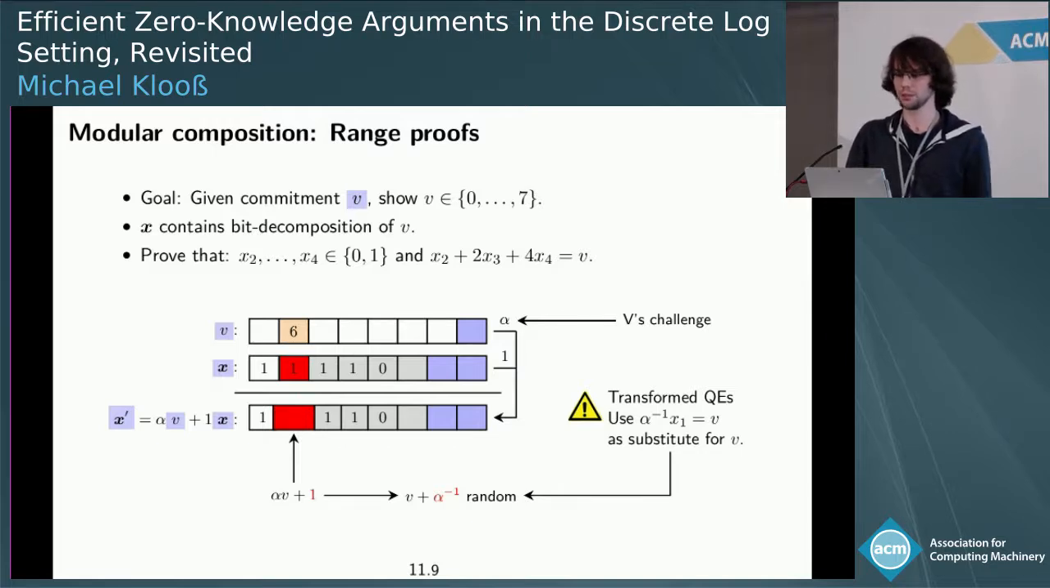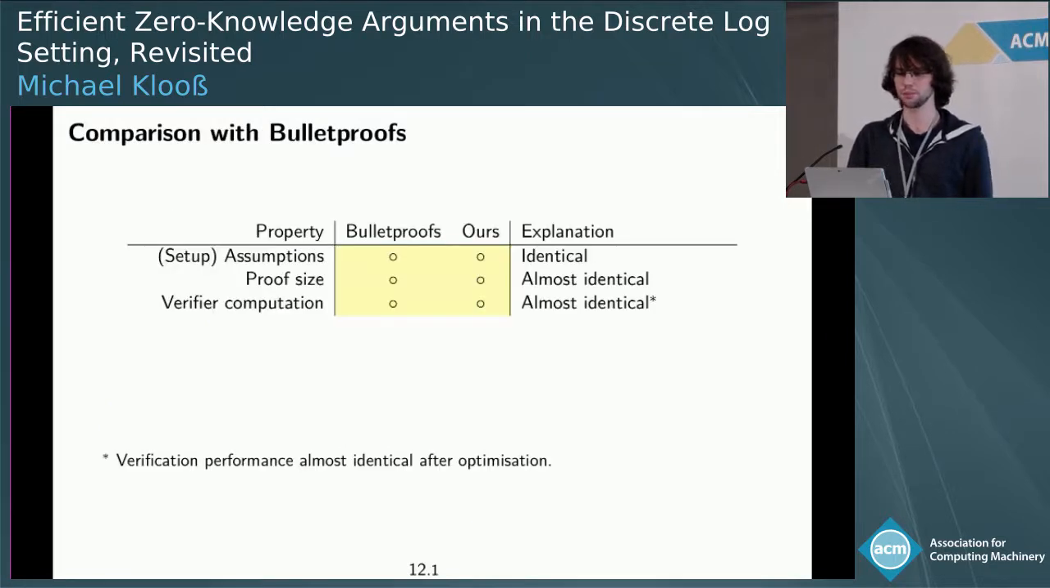But with this, we can already compare our construction with bulletproofs, and we share a lot of things with bulletproofs. So we have the same setup assumption. The proof size is almost identical. The verifier computation is almost identical. This led to some confusion because in the paper we have numbers of unoptimized verification. And in that case, since we use a different inner product argument, slightly optimized, our prover is twice as fast,